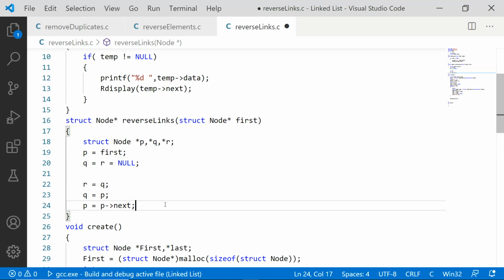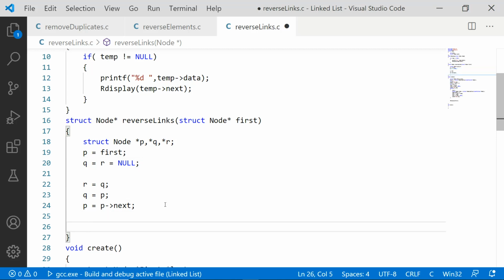After doing this sliding process, what is the next thing that we should do? We should do the reverse linking process. Now how to reverse link actually?